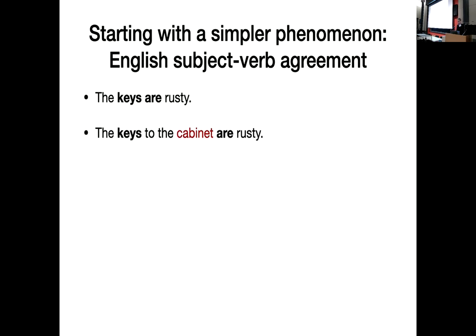To apply this rule in all cases, you have to know which of the words in the sentence is actually the head of the subject. You have to parse the sentence into a set of structures and know that the head of the subject here is "keys" and not "cabinet." Even though the word "cabinet" is immediately before the verb, we conjugate the verb based on "keys" and not based on "cabinet." So what we can do is have a neural network language model train on a corpus